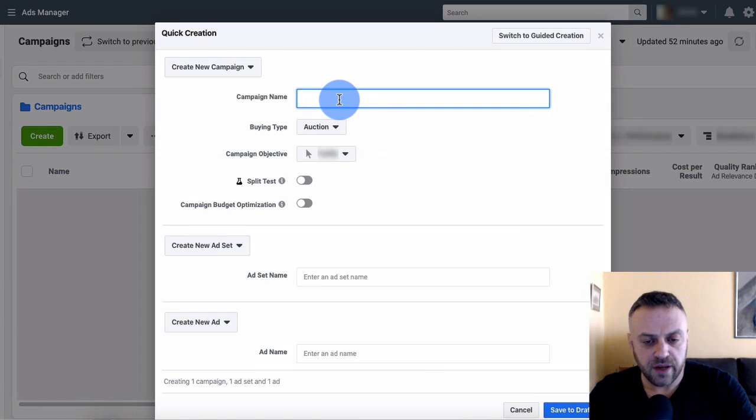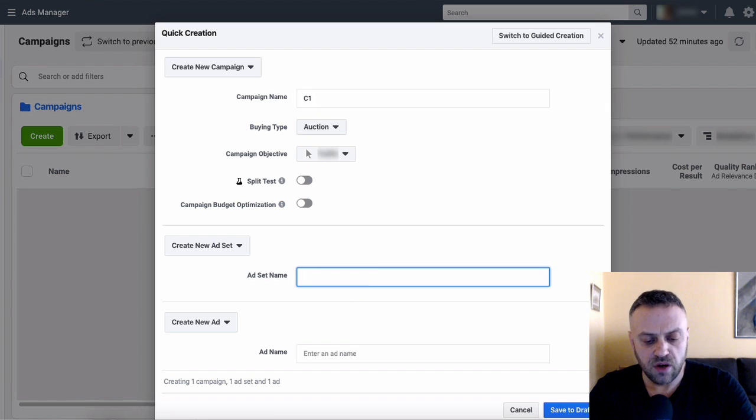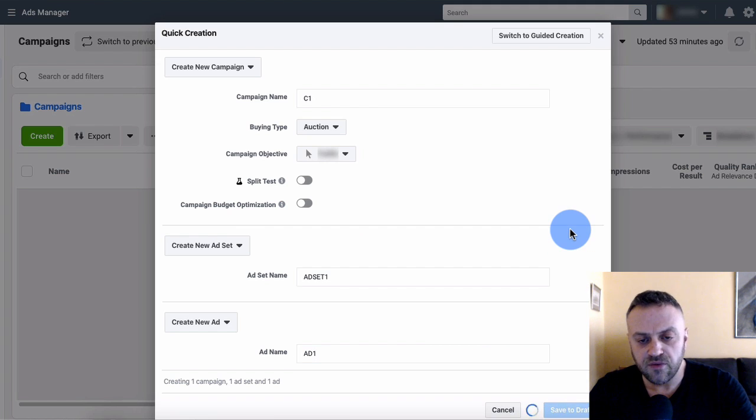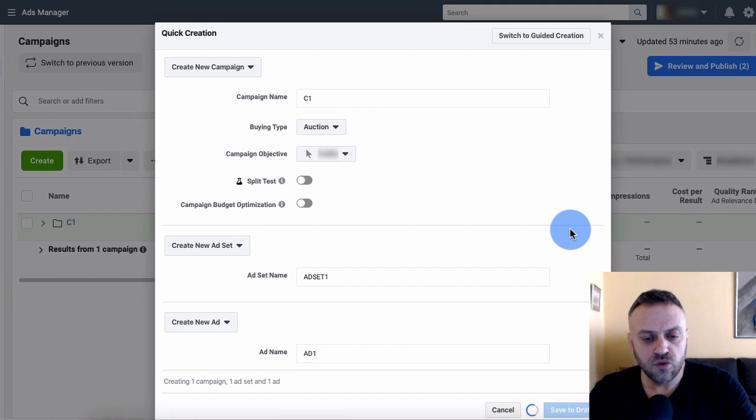And so here we are in the main quick creation screen. So we call it C1. You can name it whatever you want. I just like to go fast. And we're going to call it ad set 1, ad 1. We're going to basically leave the defaults on. We're going to save to draft. And when we click save to draft,